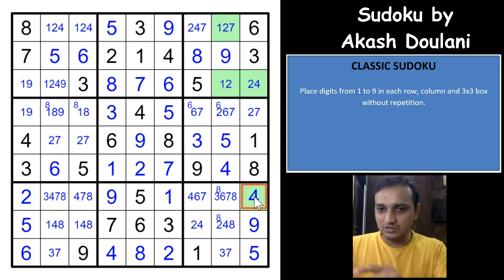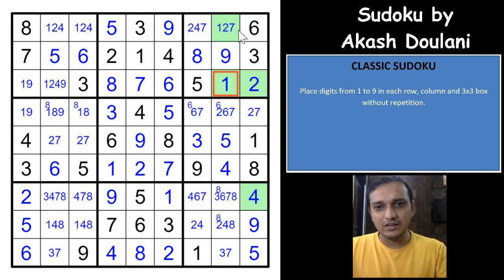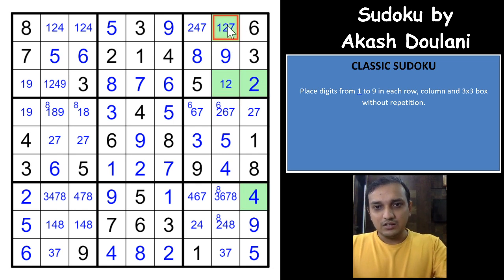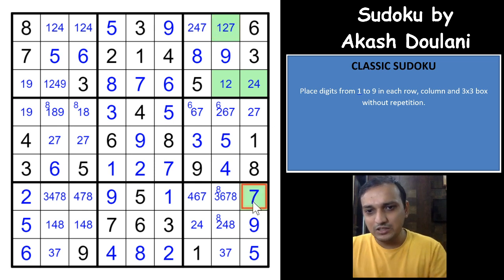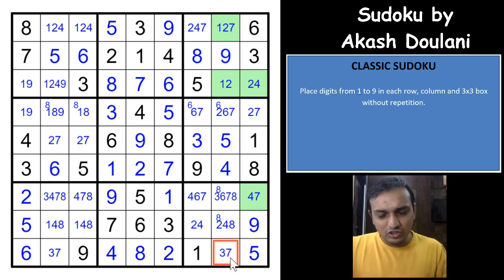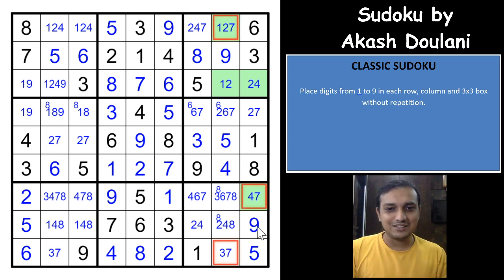You have a 4 here, we are eliminating 7 from this cell, you are having a 2 here. What happens here is that you have a 1 here and you don't have anything here. If you eliminate 7 from this green cell, you won't have anything here, right? So 7 has to be in this green cell, or 7 would have to be in this green cell. So if you eliminate 7 from both of these cells, you get a contradiction in these 4 cells itself. So which means that 7 would either have to be in one of these 2 green cells. That also eliminates 7 from this cell, because this cell sees both of these green cells simultaneously.